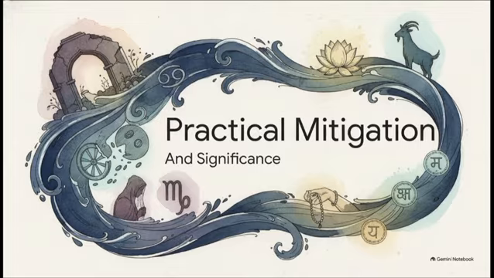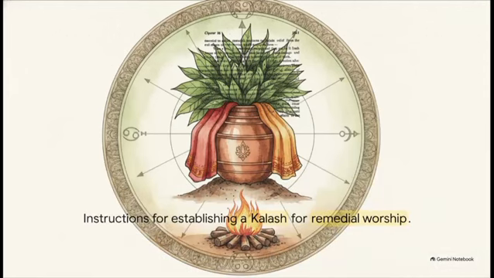Let's move to Section 5 and discuss the practical significance and, more importantly, the necessary mitigations. Because certain subperiods within this AMSA present severe karmic challenges, page 1011 of the source text meticulously outlines precise remedial rites. A major one is the correct directional installation of a kalash, or a sacred water vessel. It specifically must be placed in the southwest corner.